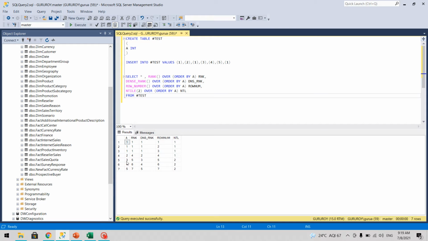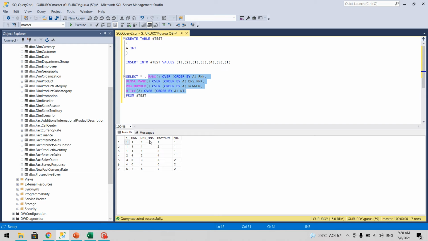Now we want to find out nth max. We have to see here that we have one number repeated. In case your max has 2 numbers repeated and you want to make both of them rank 1 and consider the next value as the second max, then you will use dense rank.